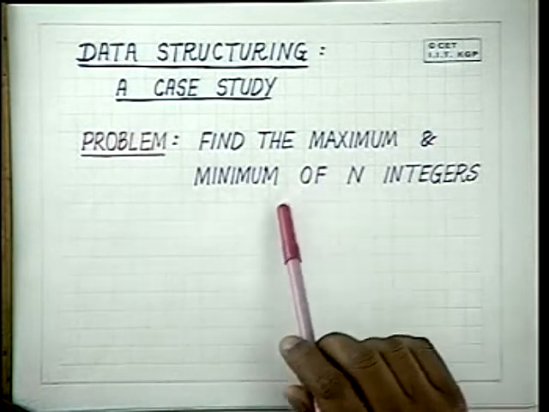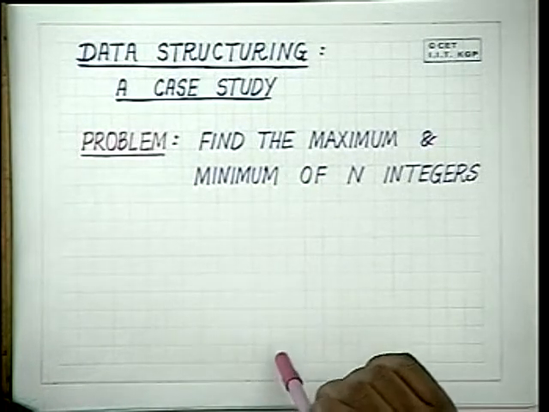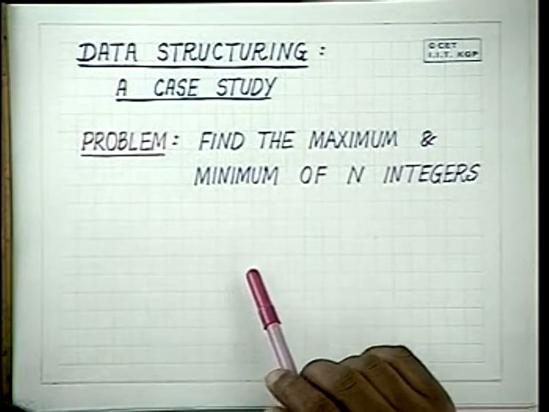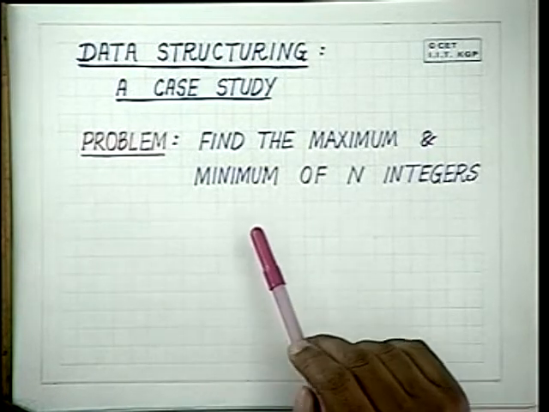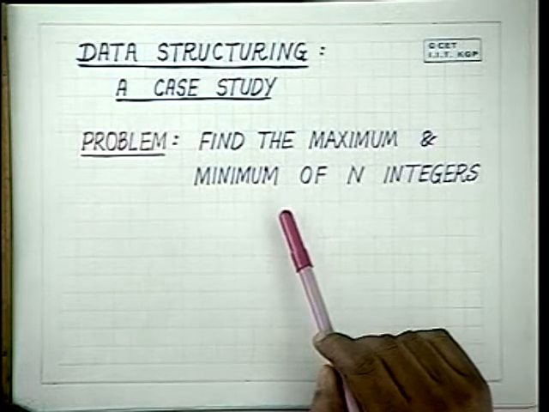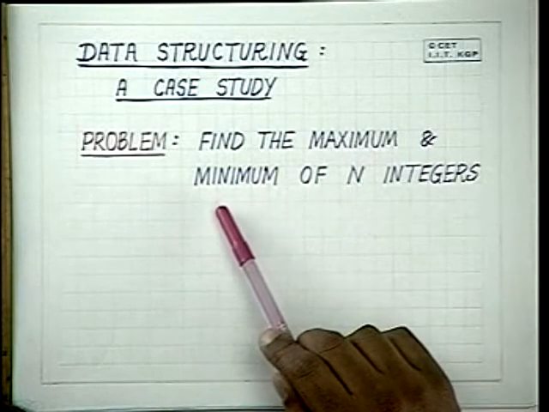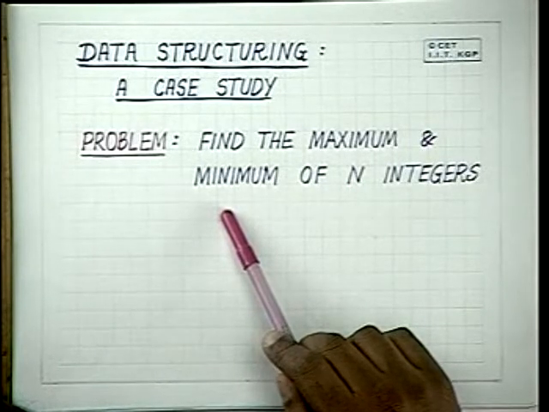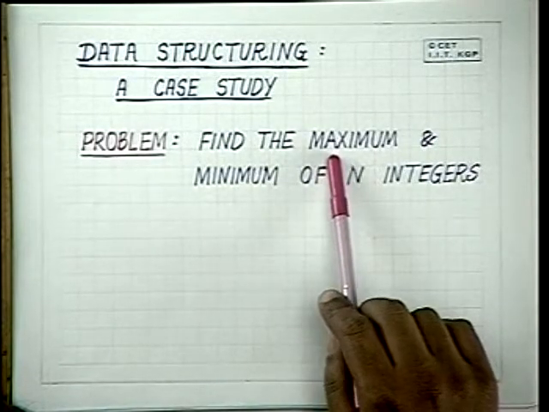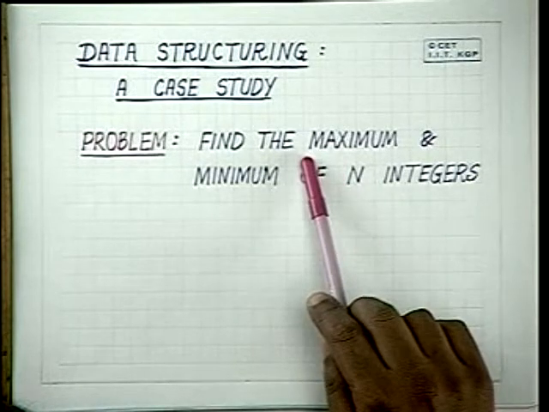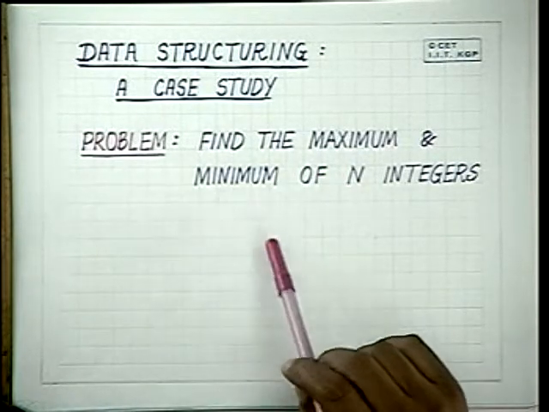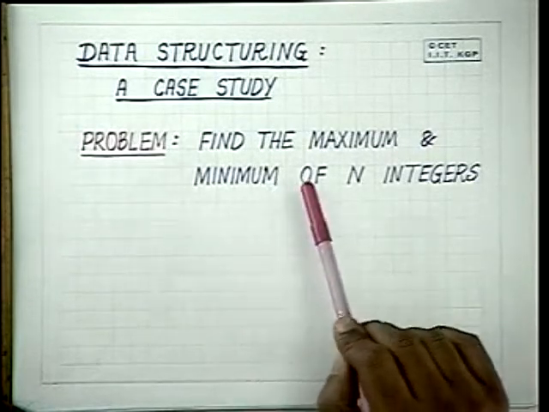Now let us see how we go about it. There are various places where you can start analyzing the problem and proceeding to solve it. And traditionally I have seen that most of the people will like to start from the program which they have written to find the maximum, or the program which they have written to find the minimum of n numbers. And using that program, they try and modify it to find out the maximum and minimum of n integers. This is something that I have seen nearly everybody doing. Whoever has been assigned this problem, nearly everybody has started to do it that way.